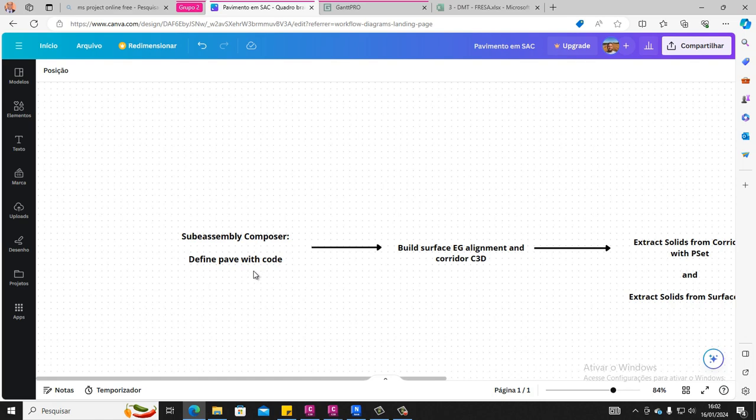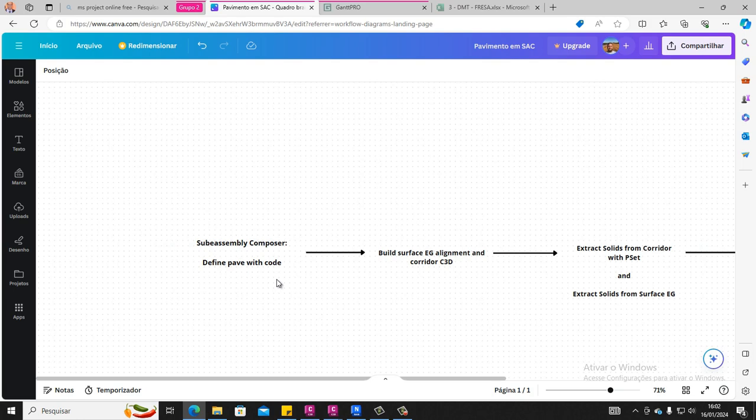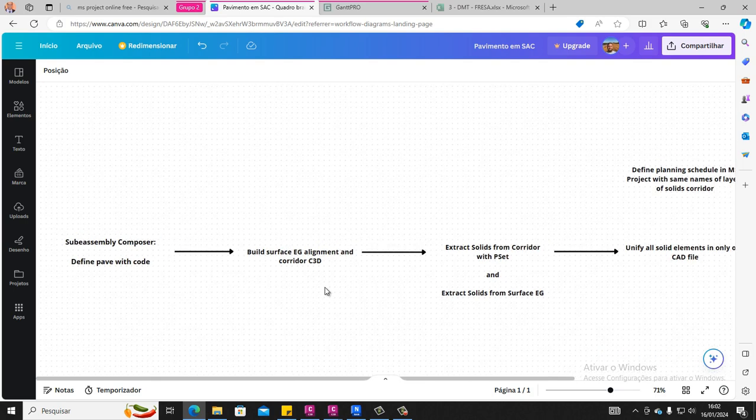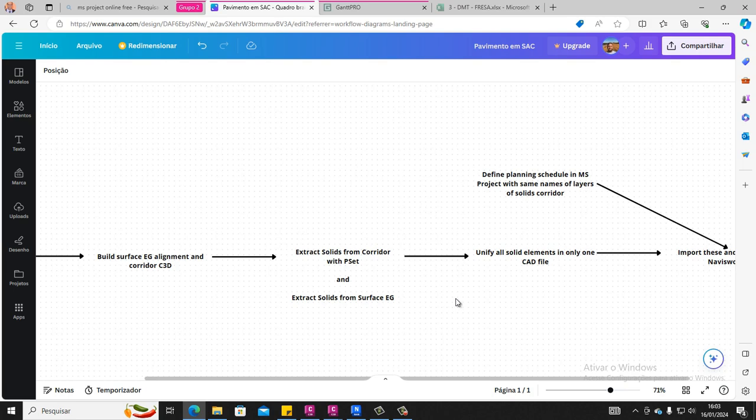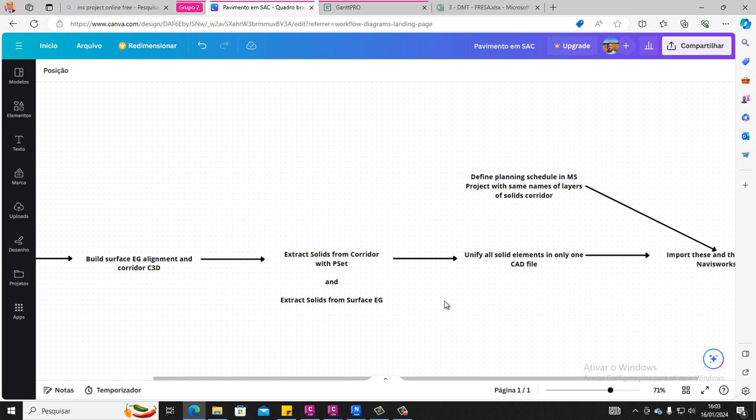So in the first step you have Vinculação Composer, and I bring some examples to show you how to define these codes. And then you build the surface existing ground. In fact, you already have this database surface from existing ground, alignment corridor inside the C3D, and then after this you extract the solids directly from corridor